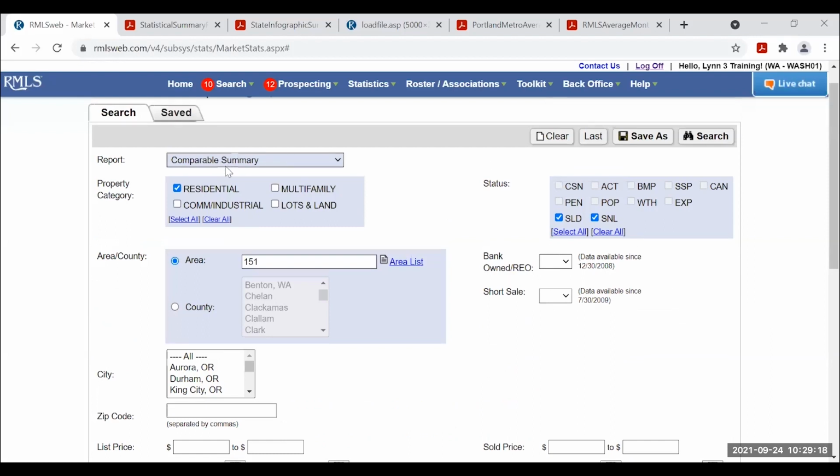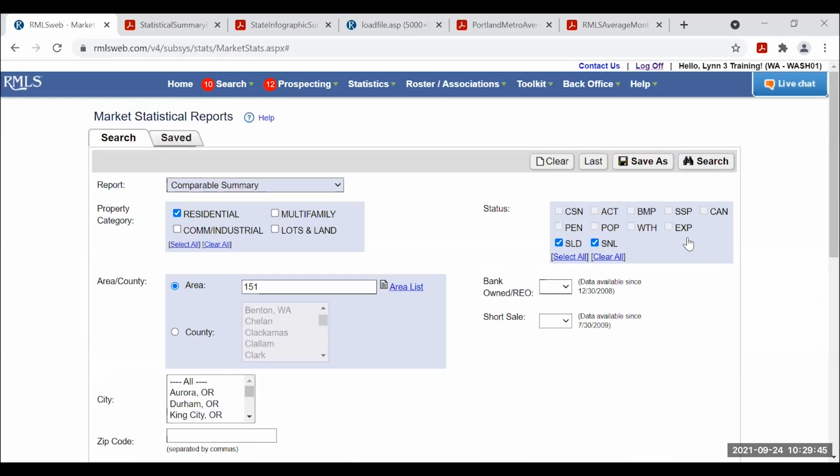Okay, and this particular report, you will notice it will not let you check any other status other than sold and sold not listed. And sold not listed, the way those get into the system, quite often those were for sale by owner properties, and perhaps another broker brought the buyer to that situation, and they can capture the data in listing load for a sold not listed property for this purpose, to use it as a comp. Okay, and again, there's no count button, but again, there is a save as button. So you also have a save tab in market stats. You can save up to 50 different sets of criteria in here as well. And then I'm going to click on search.